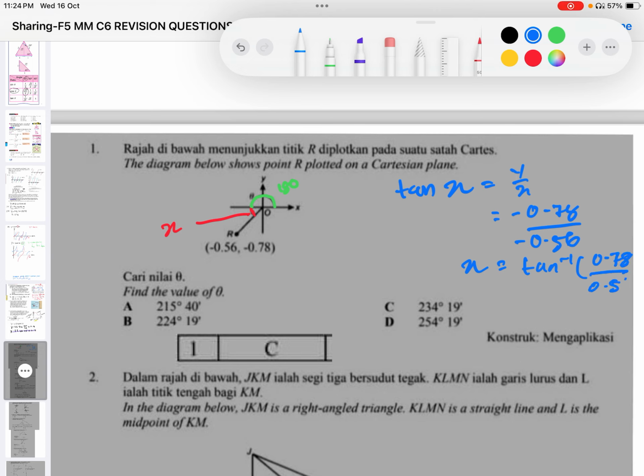Put that in the calculator and you'll get 54.32. Okay, so using the remaining angle, theta will be 180 plus